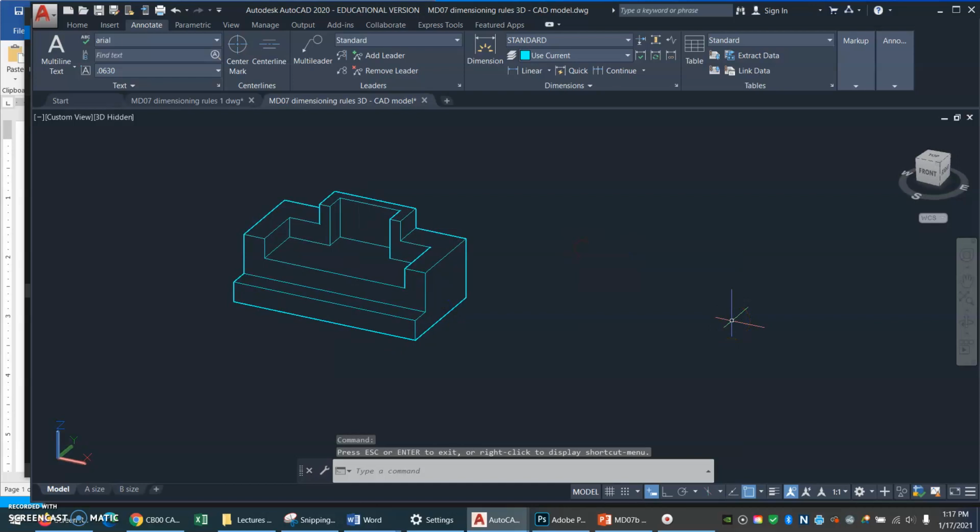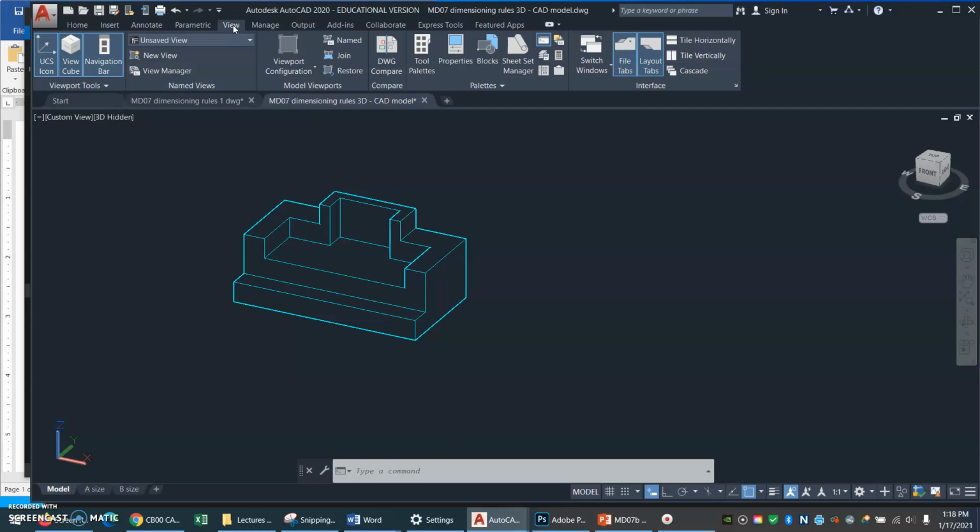I'll just throw in a hint here. One of our class and I were looking at this drawing the other day, and this toolbar here was missing. And so we thought, well, let's just hack around and see if we can figure out where to find that toolbar. And I was thinking, because it has to do with viewing, we might go to the View tab. And sure enough, in the View tab, bunch of stuff here. But one of the things in the View tab is over here,